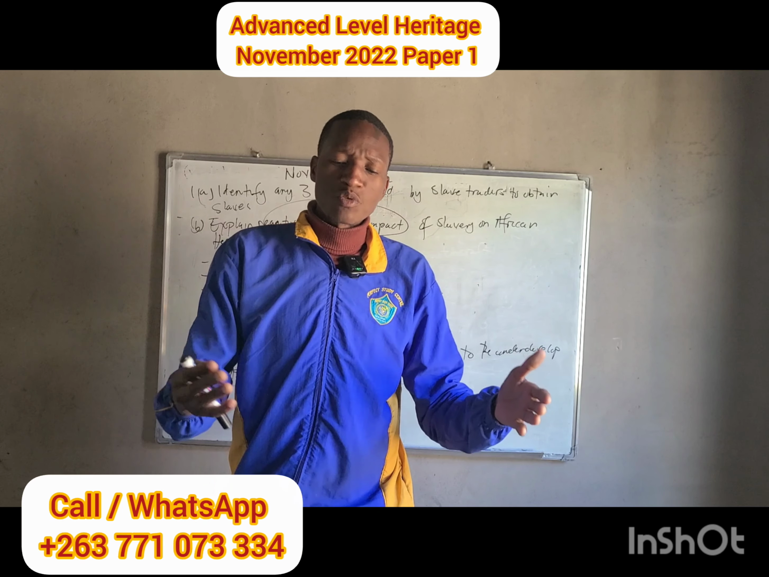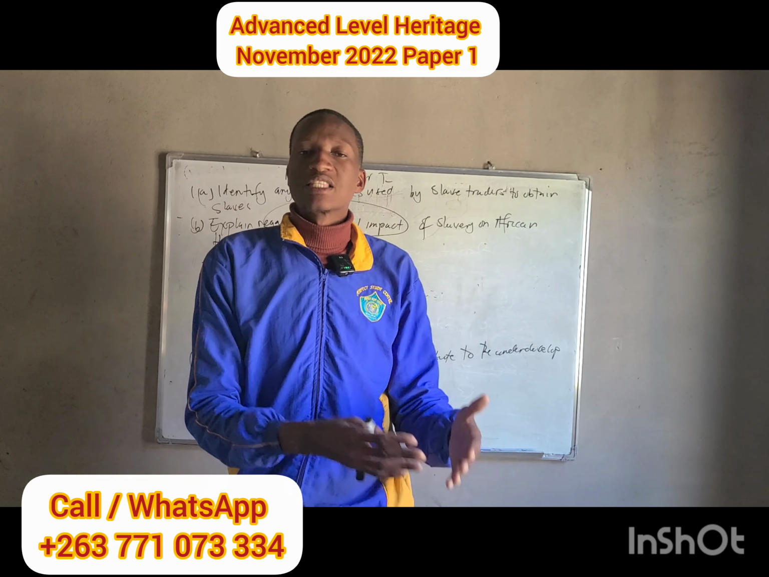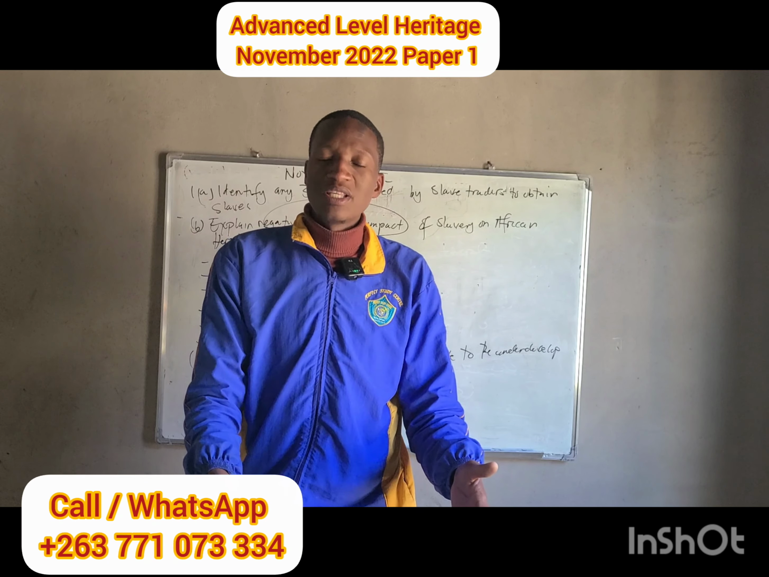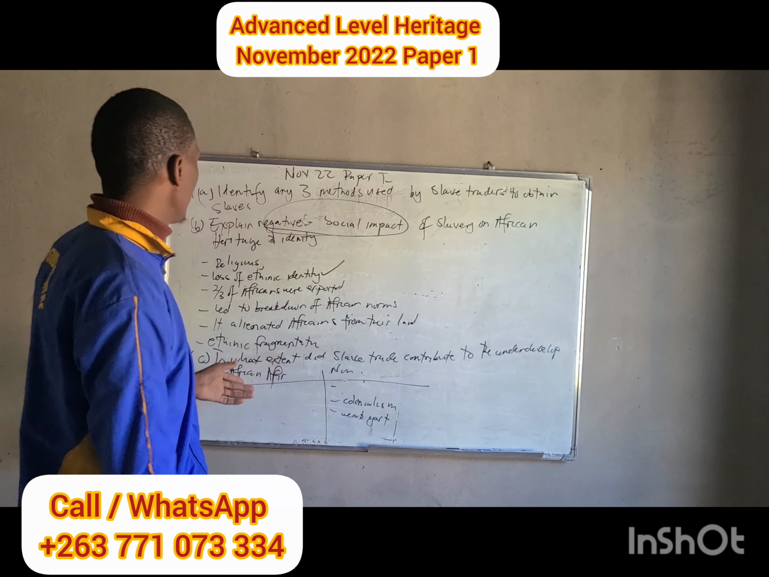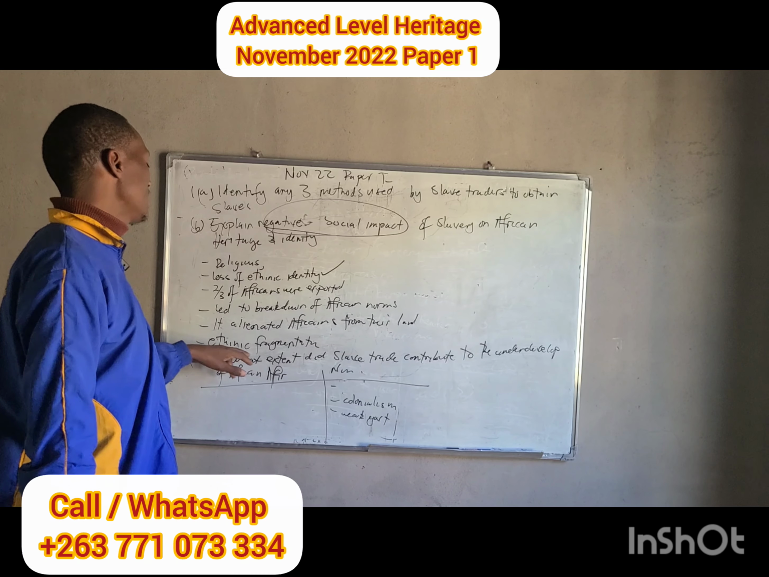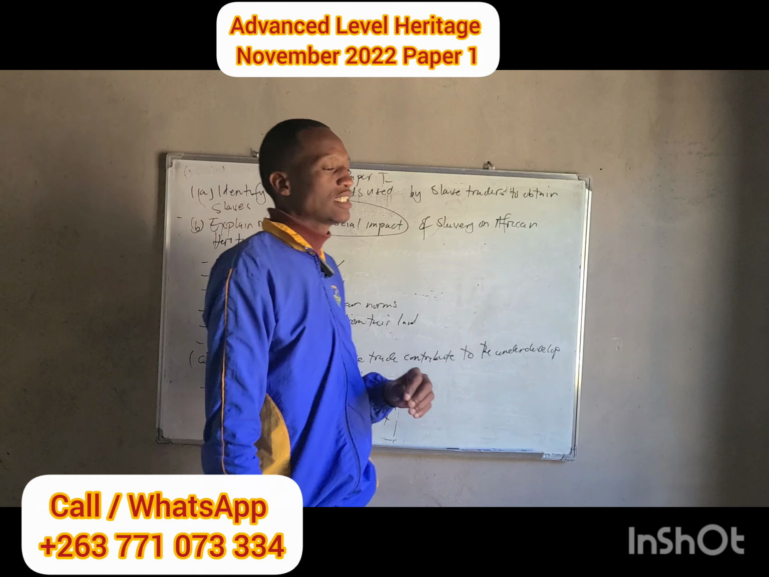Because their source of economic status was breached. As Europeans were taking Africans to Europe, they were also taking their land. Above all, it led to ethnic fragmentation. When we are talking about ethnic fragmentation, we are talking about